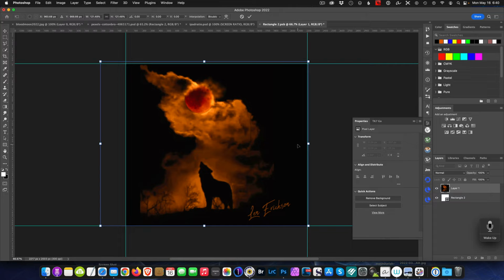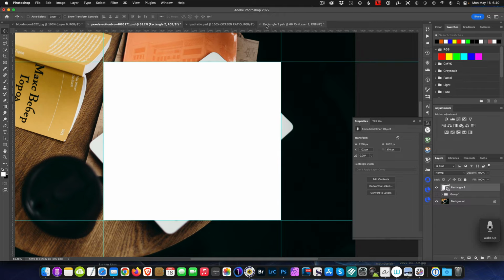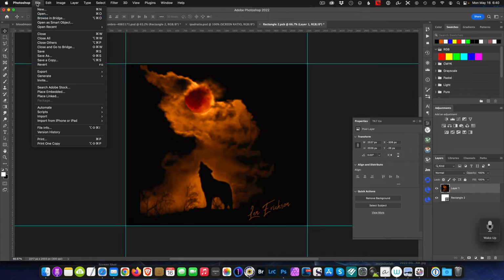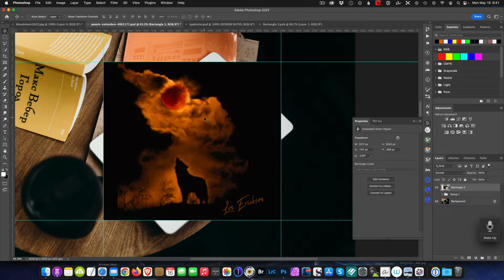Okay, so that looks pretty good. When I'm ready to commit, hit Command or Enter. And now that is done. And so now we're going to save this container. Go back to the original image, and you can see our image is now